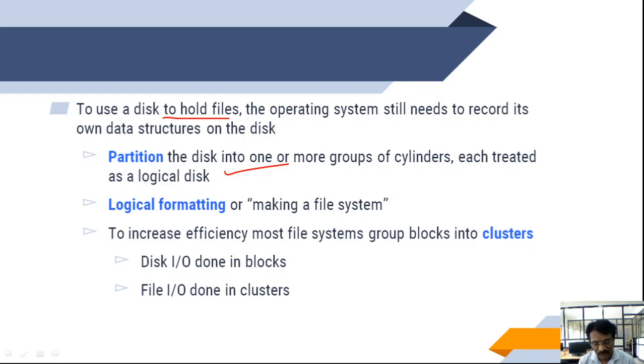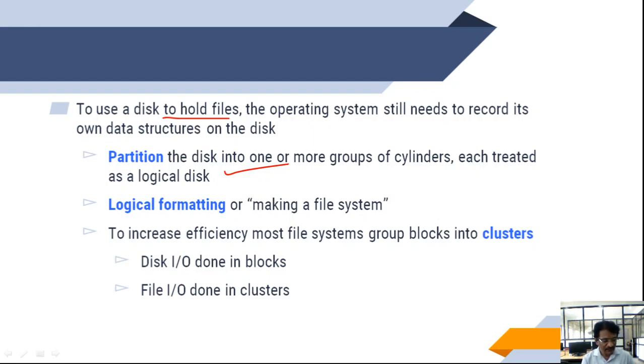What is FAT? FAT or inodes. What is this inode? Inode is nothing but an identification number associated with each file. The initial empty directory is also available for our usage after 2 steps. First is partitioning, second is logical formatting.